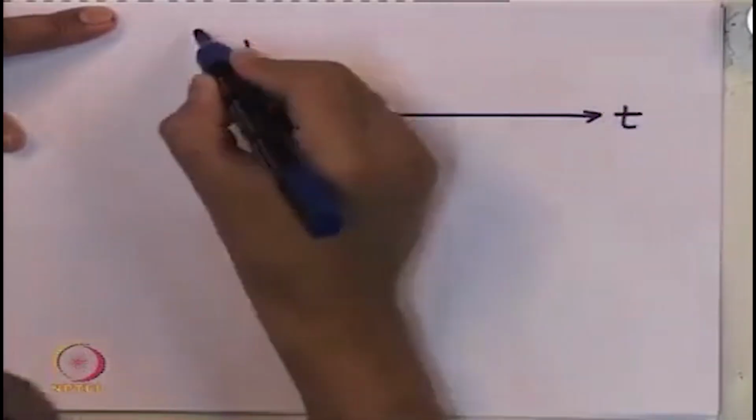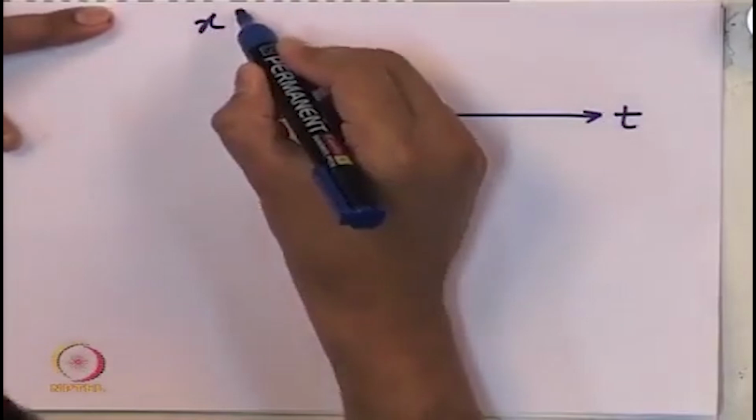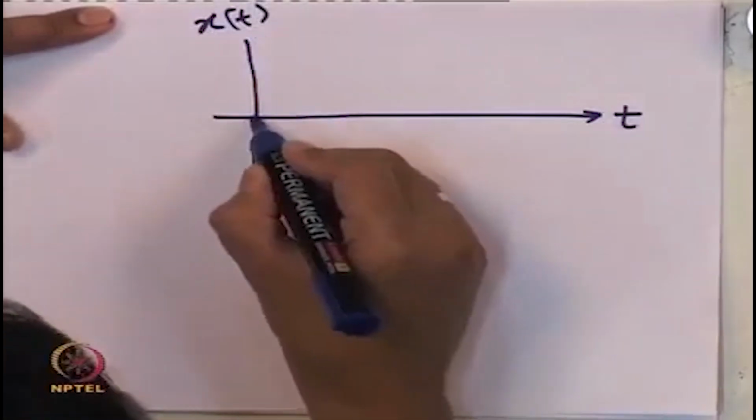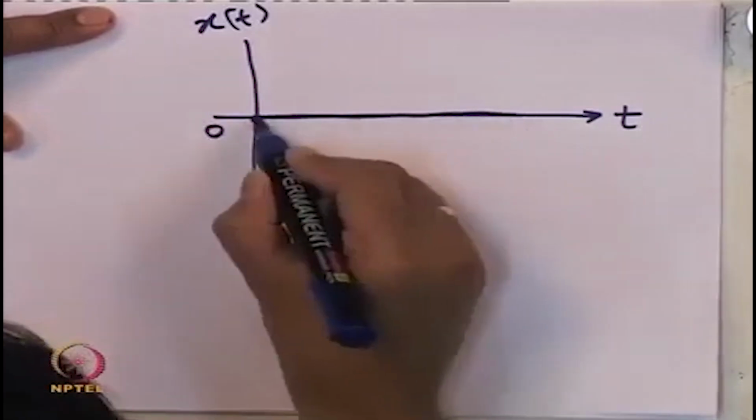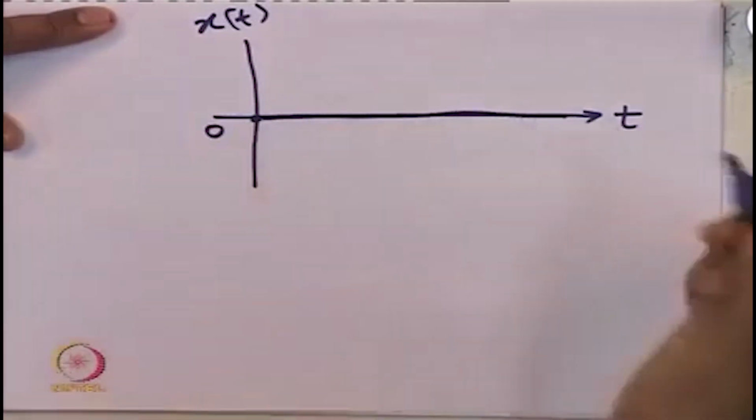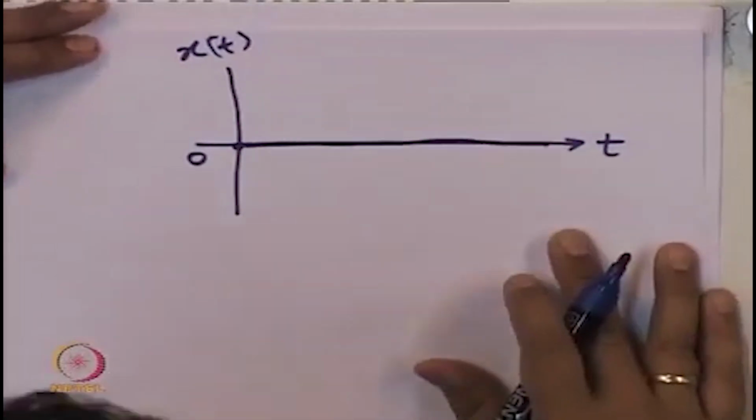This is the time axis. For the purpose of this figure, x has only one component, and 0 is the equilibrium point. So, of course, starting at 0 we have the constant solution, the solution always remains at 0,